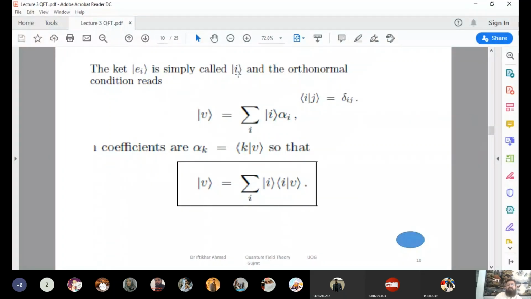It means in i, j, k, okay, and then the orthonormal basis condition. So you can also transform the orthonormal basis condition. In the previous slide we already told you that the inner product of Ei with Ej is equal to delta ij. So we represent it here as the inner product of i j equal to delta ij. So i j means here Ei and Ej, okay. It does not mean just i and j like 1, 2, okay.